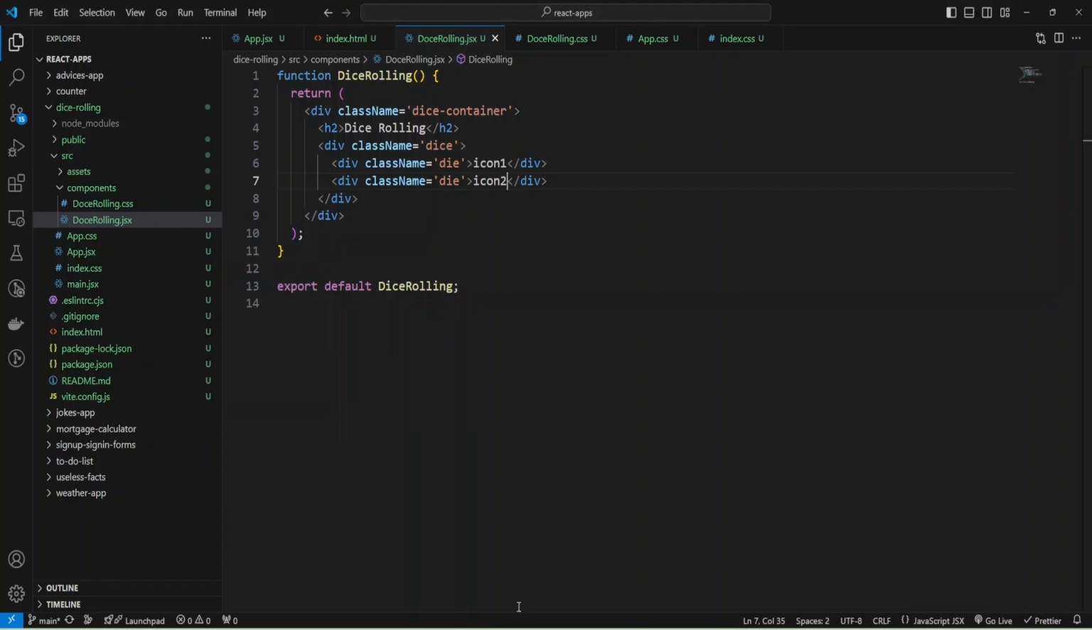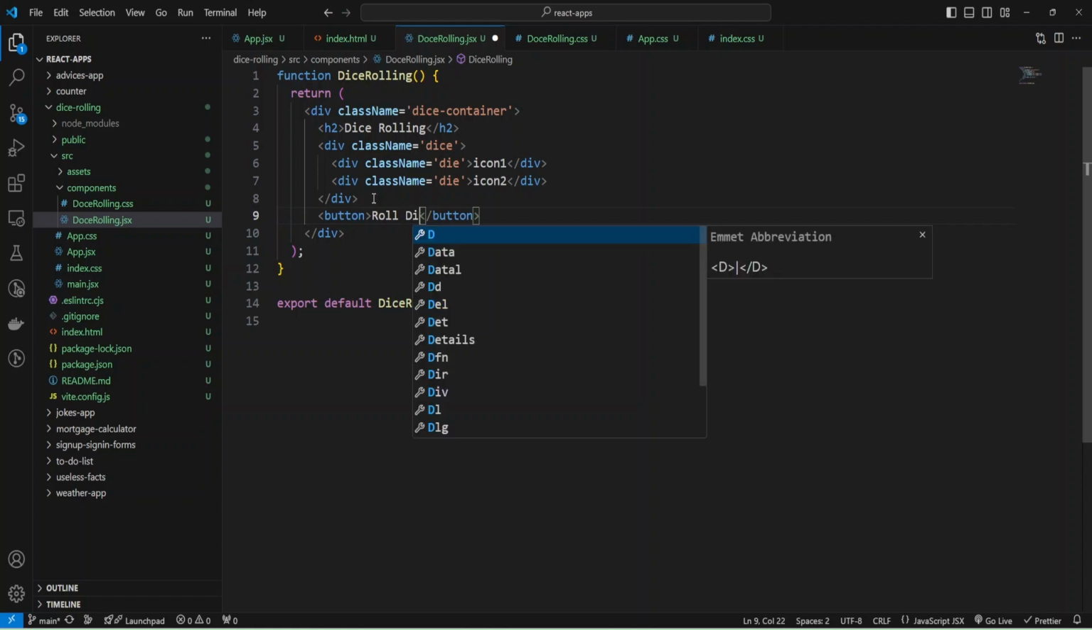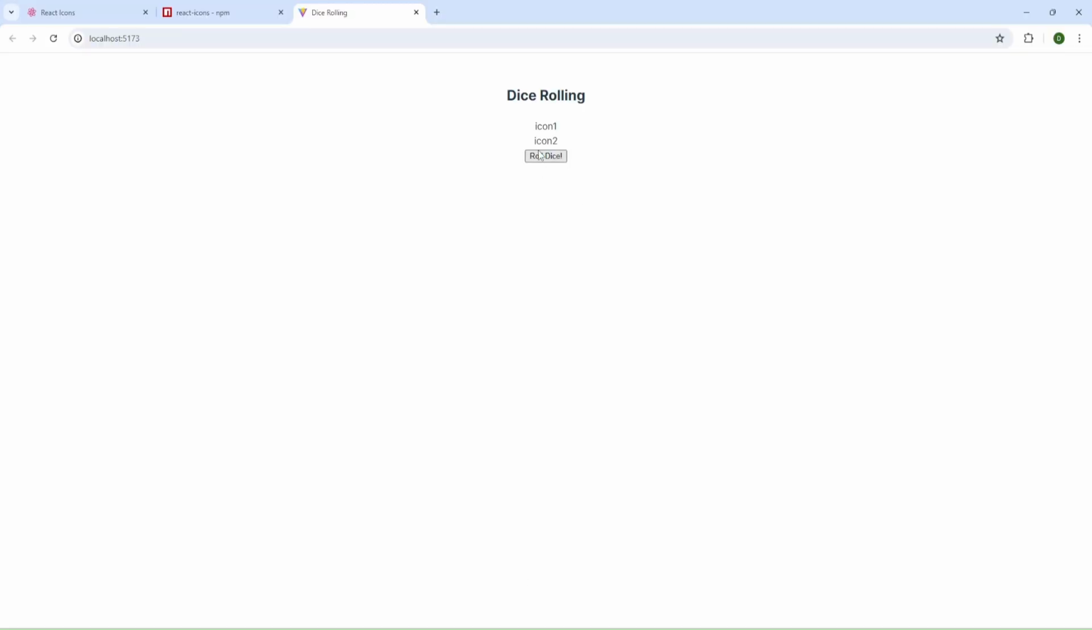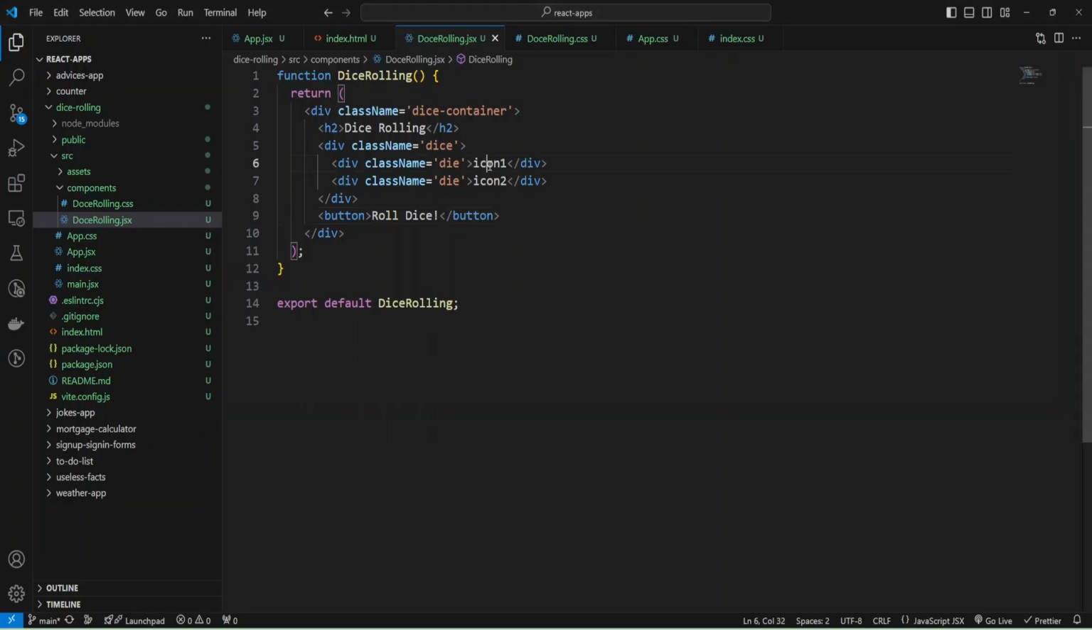Okay, we have our tags, and also we need a button to roll the dice. And let me add this button, and I'll have a button with the text Roll Dice. Okay, and let's check. We have our button, and now we need to replace these icons with icons from our